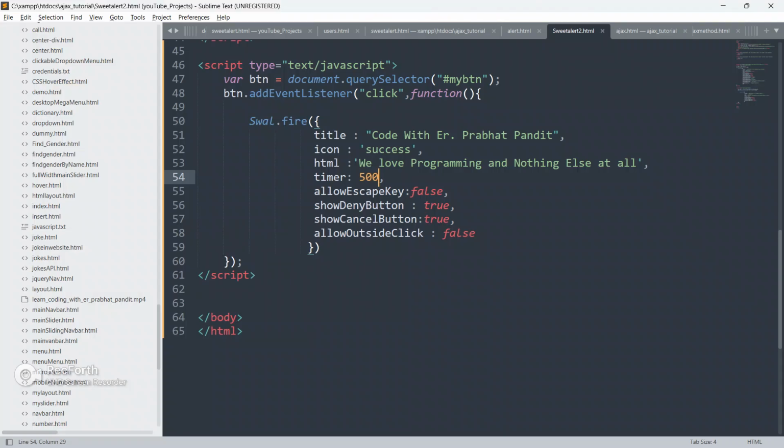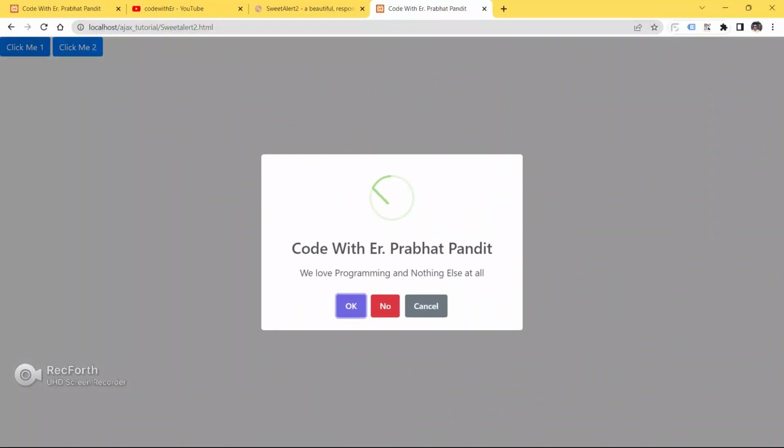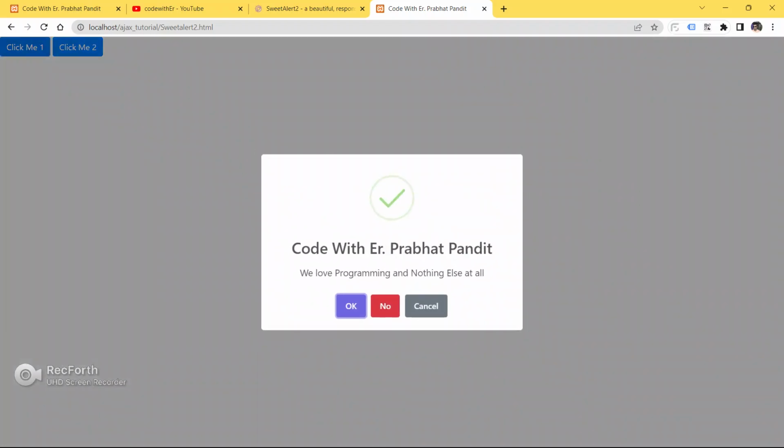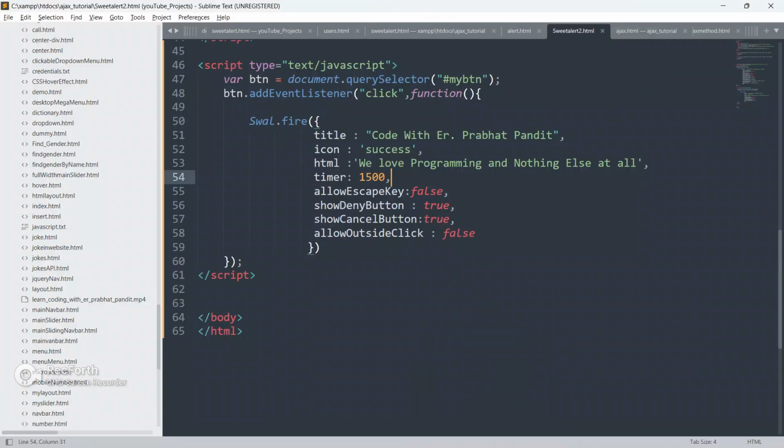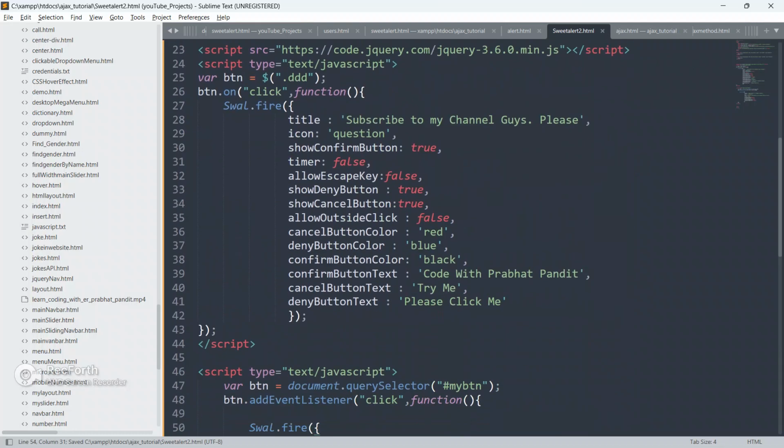Refresh your page and click on the button first. Let me increase the timing guys, so that you will be able to see, because I have given a timer. Save your code, go to the browser and refresh your page. See, it disappears on its own because we have given a timer here, guys.